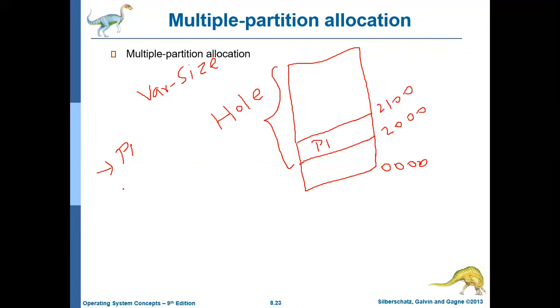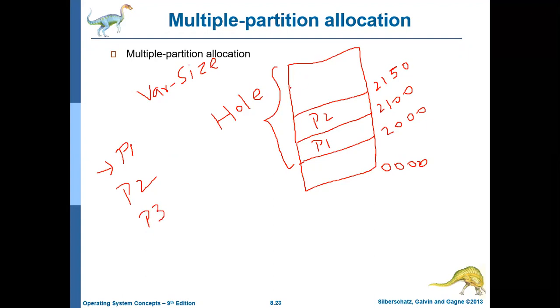Then say P2 comes and needs 50 MB. Done, P2 gets the next 50 MB, so P2 occupies 2100 to 2150. Next, process P3 comes and needs 175 MB.